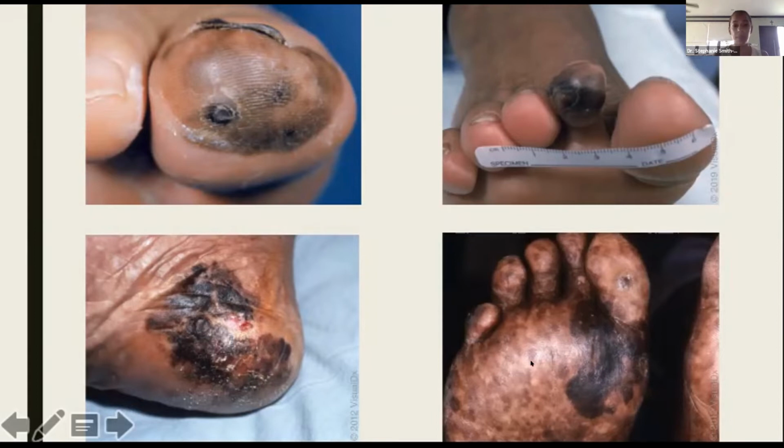Quite commonly in our setting, we see patients that have acral melanosis. So this is common in patients with skin of color, for you to have these brown macules or patches on the plantar aspects of the soles or even the palms. But here you can see that we have a very black patch that stands out from the acral melanosis, which has very dark areas, has some light areas, but looks different. And so this should alert the clinician that this area needs a biopsy.